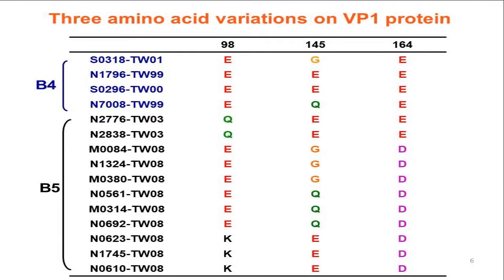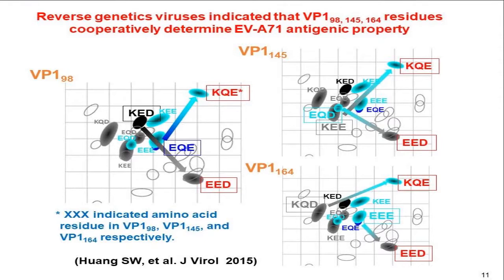When we compared the B4 strain and B5 strain, we found that in the capsid region, there were 3 positions in the VP1 protein that have variations. So we generated reverse genetics viruses with these 3 position substitutions. For example, at position 98, the first position, if changed from E to K, you see it changed the